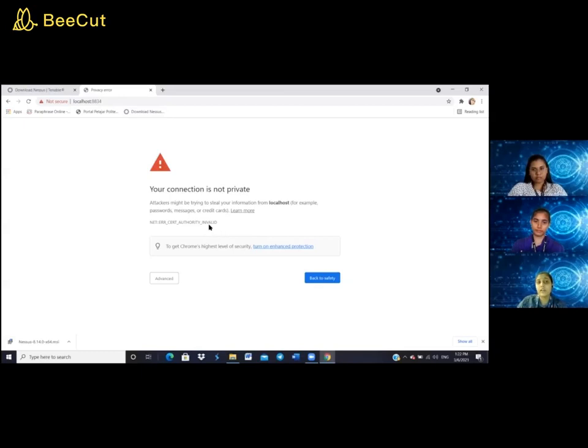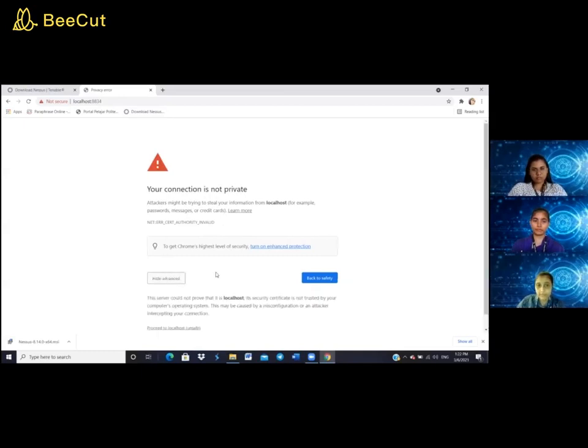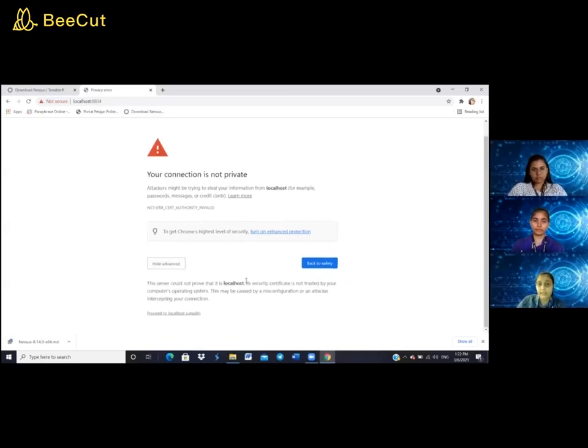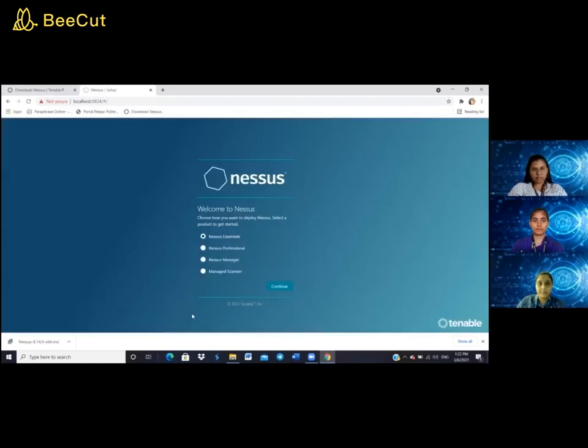So I'm going to click on advanced. We can see proceed to localhost. It is unsafe, but we have to do it because we have to know what is inside the Nessus tool to explore it. So I proceed.